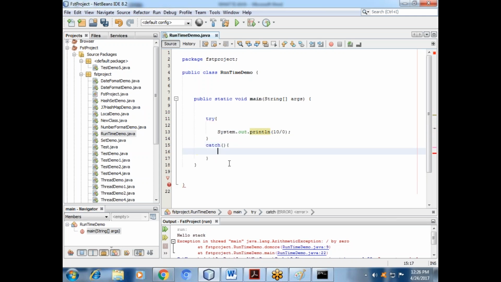Catch block. What about the exception name?